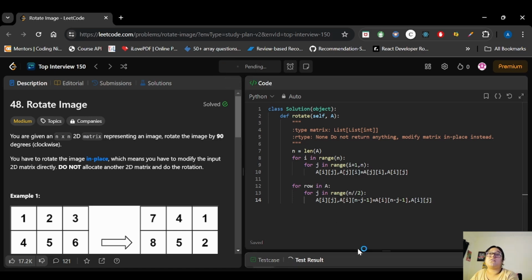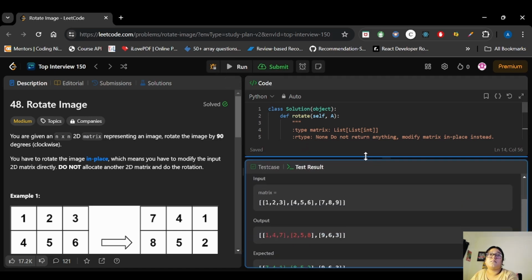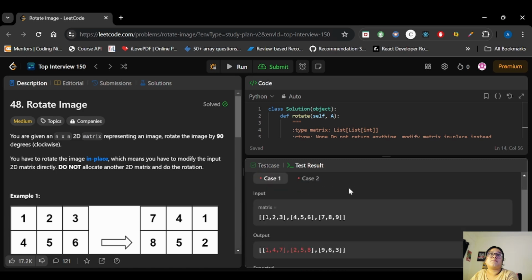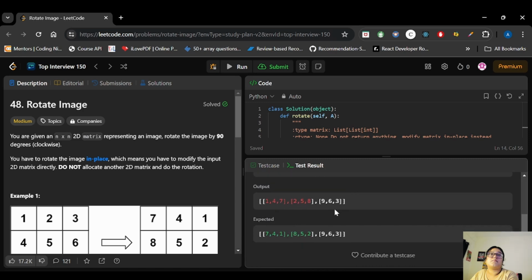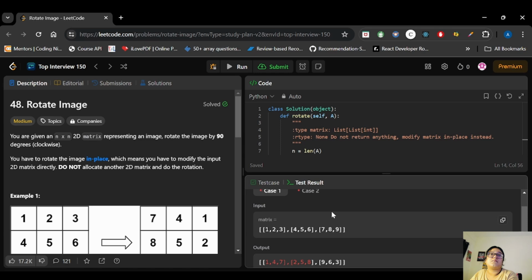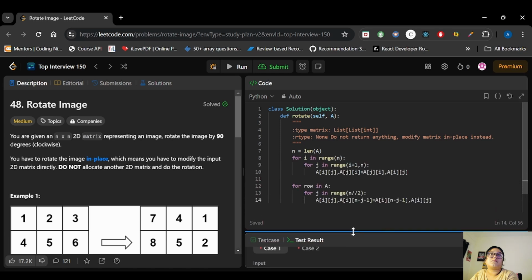So now let's try to run this. Okay, this will be row, right?